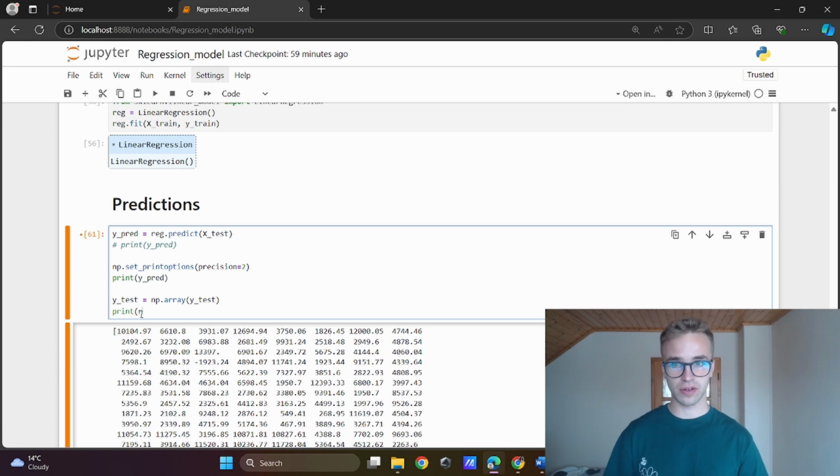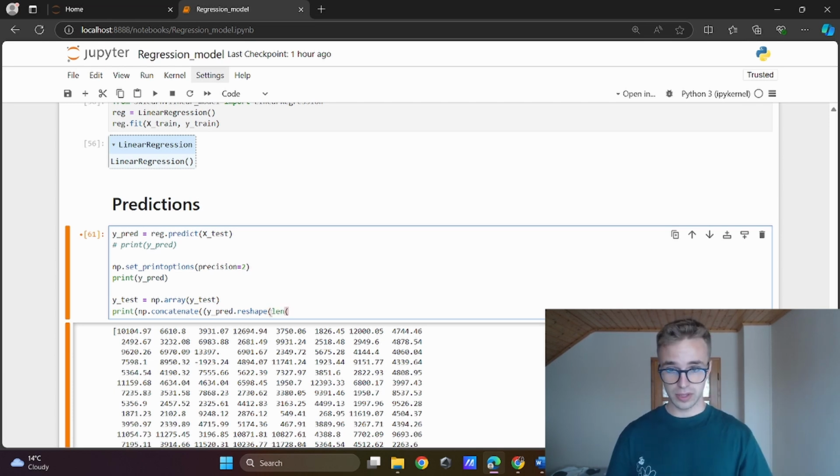For this concatenation I will use the function concatenate from numpy. Here you need to put 2 values, the 2 datasets, and from which side you want to concatenate the numpy arrays, like this or just like the rows. But first I need to put 2 numpy arrays, like y pred will be our predicted value. I need to reshape this numpy array. You see it is not suitable for concatenation. I will reshape it into